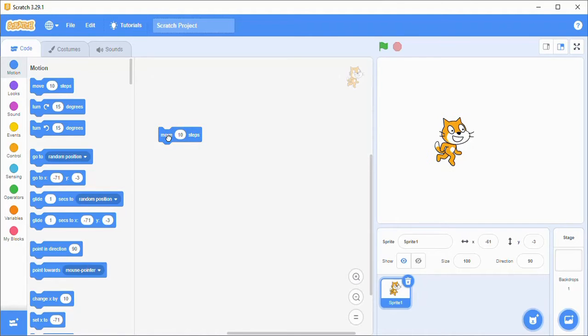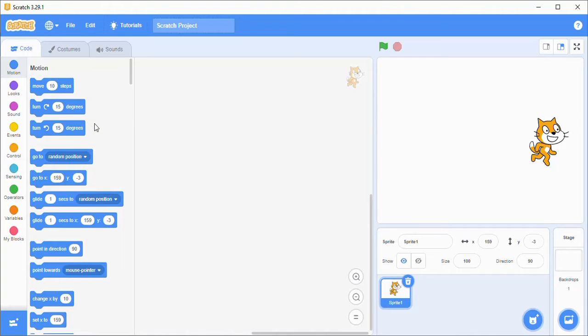If you have noticed, our sprite is moving forward. These 10 steps are very minute to observe. So if I increase them, say 100 steps for example, now you can see. This way you can do it, and I'll put it back. So you can explore all the different blocks. Once you click on any block,